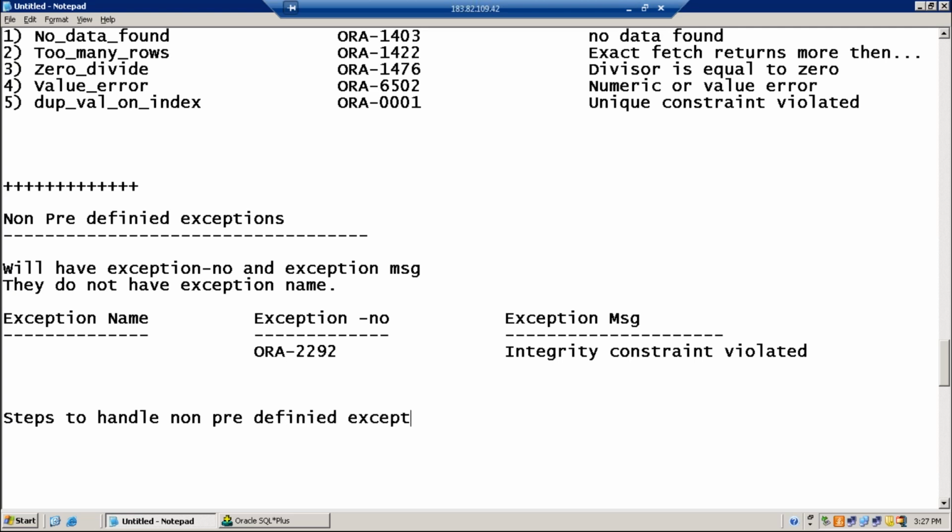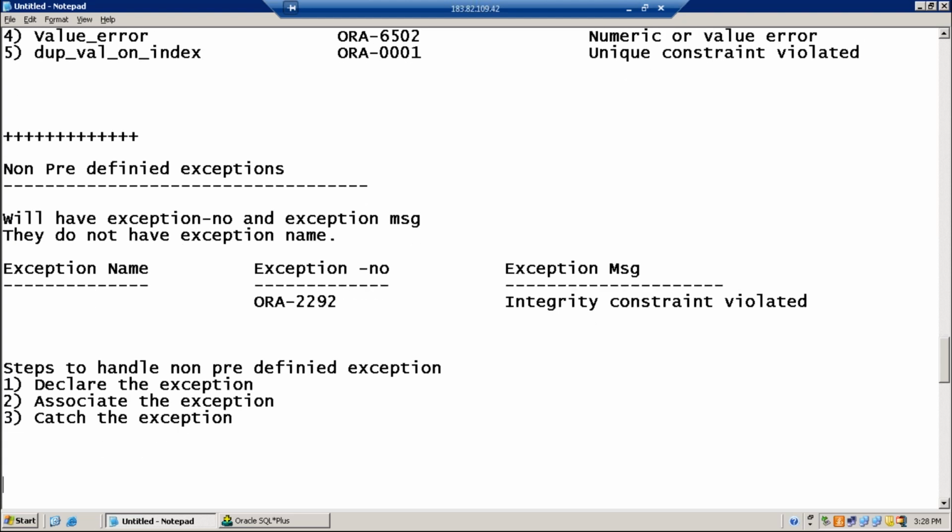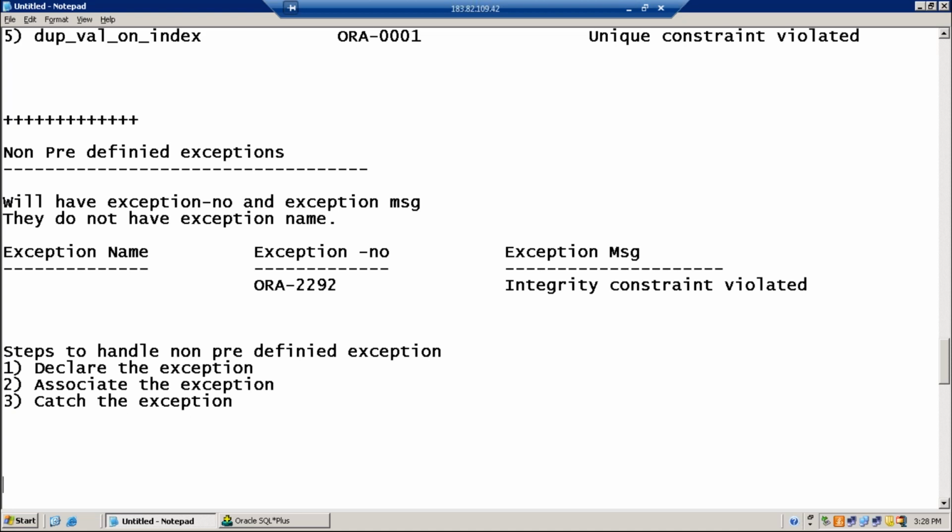Step 1, declare the exception. Step 2, associate the exception. Step 3, catch the exception. These are the steps you need to follow when you want to handle a non-predefined exception.